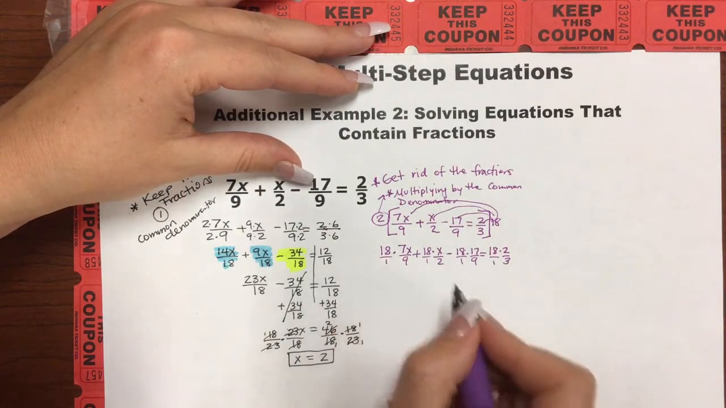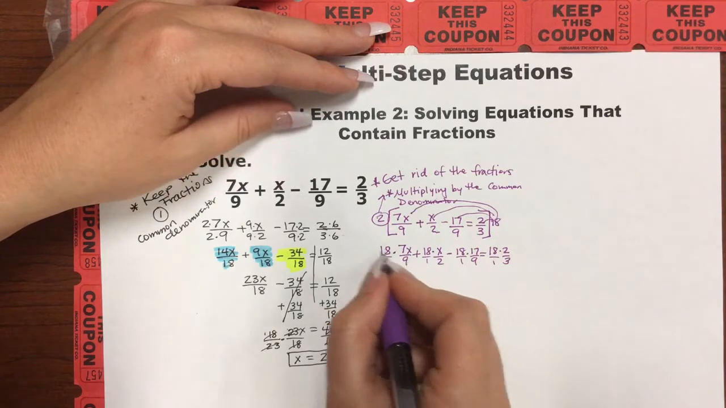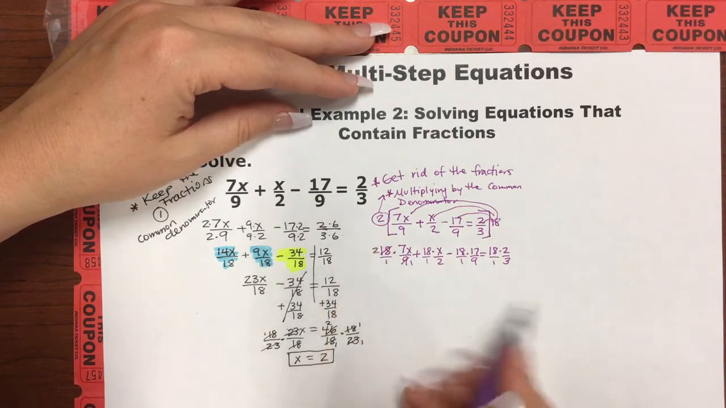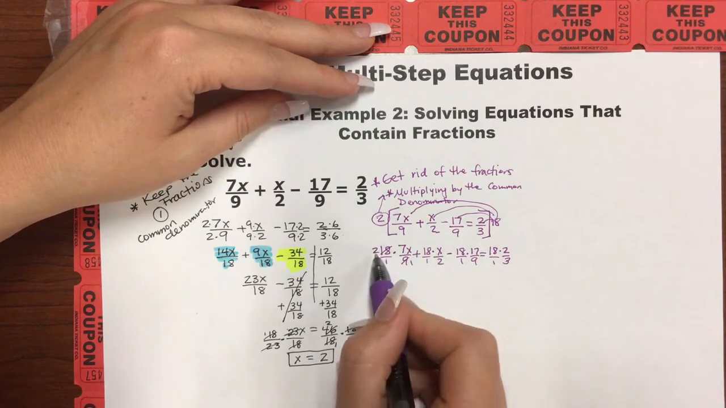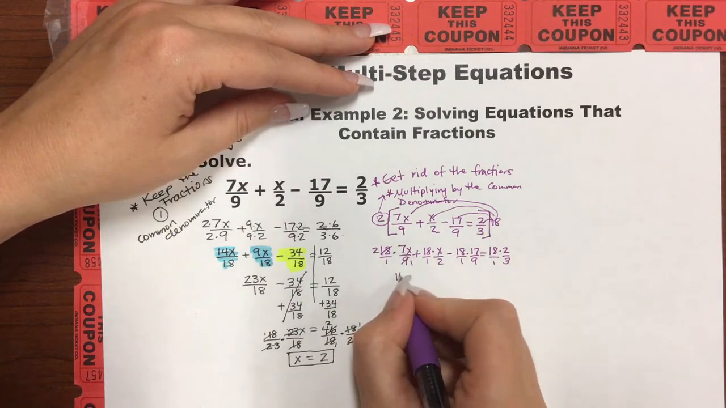Okay, so now we just have to do this little fraction multiplication. Look to cross cancel. 9 goes into both of these. 9 goes into 9 once. 9 goes into 18 2 times. And nothing there, so we just multiply across. 2 times 7x is 14x